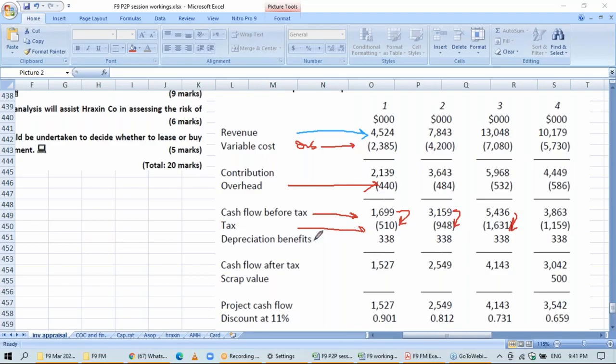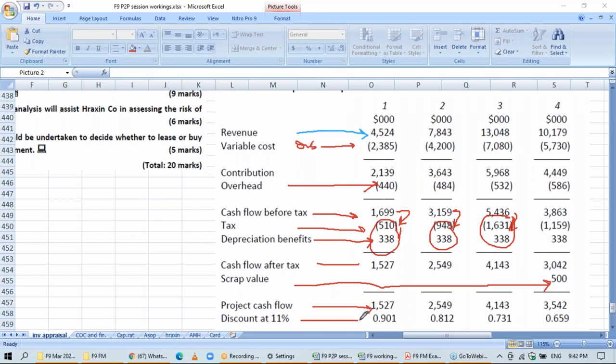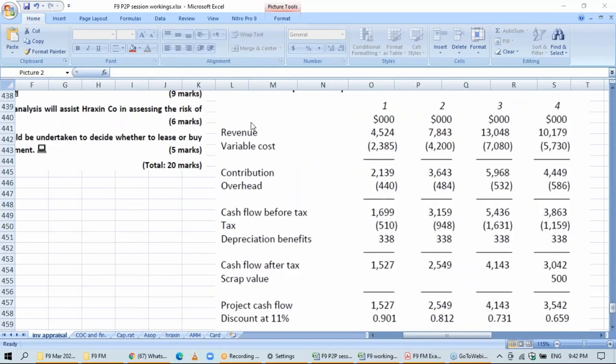Sometimes we pay advance taxes, and then tax benefits also in the same year, both in the same year. If the tax payment is the same year, then we will take the tax depreciation benefit also in the same year. There you get this cash flow, and the scrap value is 500 taken as a receipt, and the project cash flow, and then the present value at 11%. So there you go. You get the NPV of the project, which is